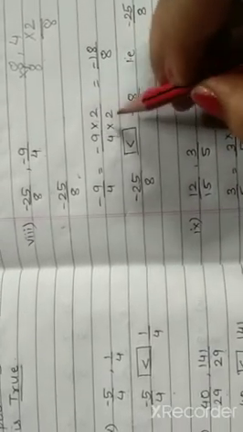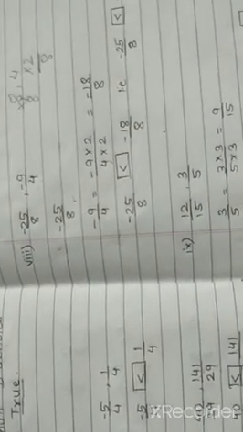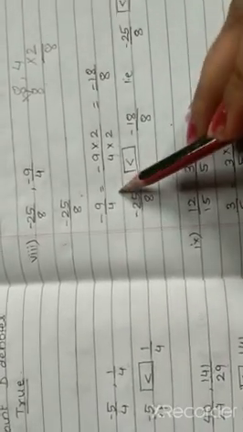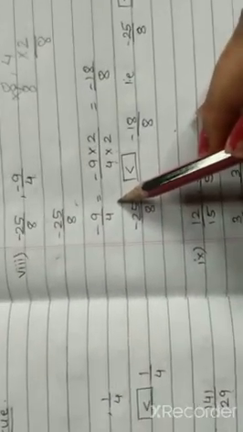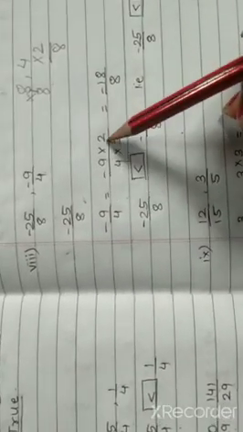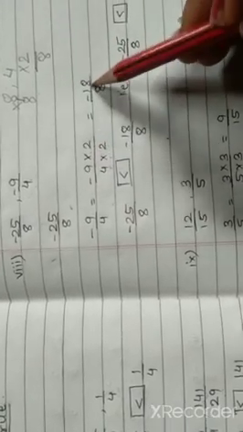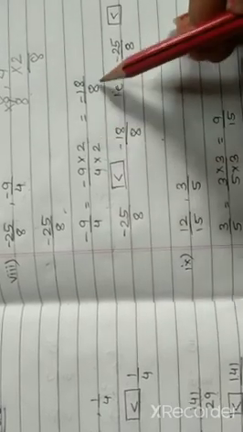Never do this only on the denominator to equalize. If we only multiply the denominator part, the question will be altered. We are not supposed to change the question. We cannot do that. So multiplying and dividing by 2: minus 9 twos are 18, minus is minus. 4 twos are 8. Both the terms are positive.